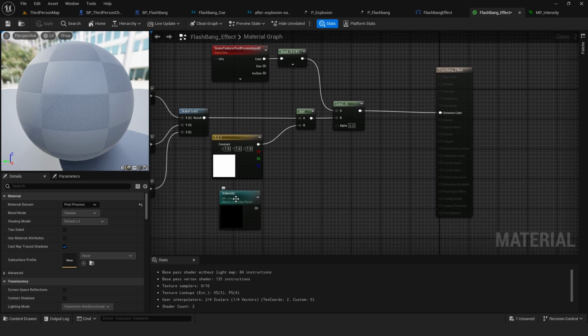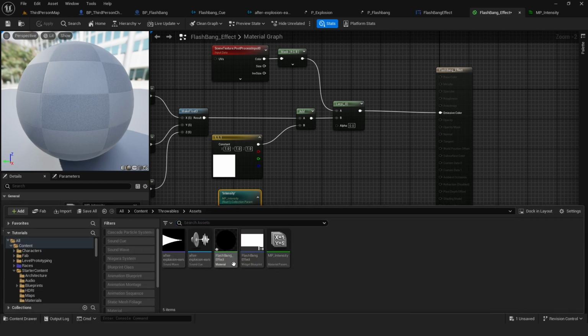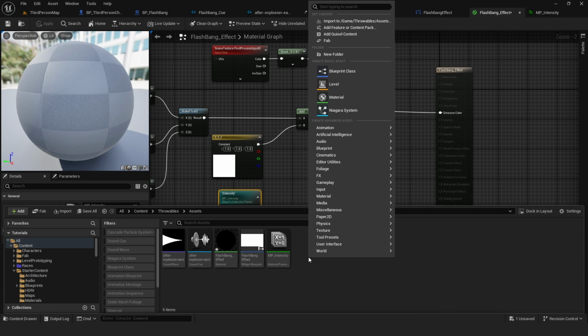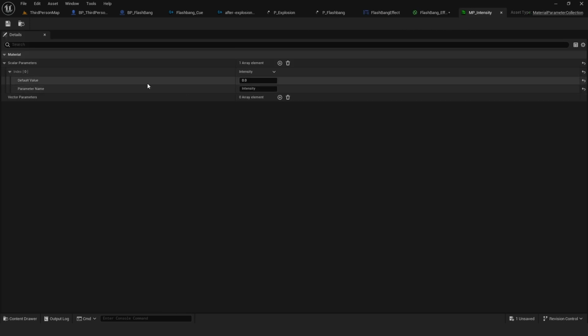Now we need to create this parameter. So here we're gonna create a material parameter collection, this one right here. We open it, and in here, scalar parameters, we're gonna add one array item. We're gonna name it intensity, and the default value is going to be 0 because we don't want the player to be affected by this if there's not any flashbang. We can close this now,